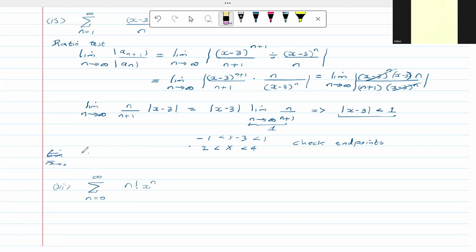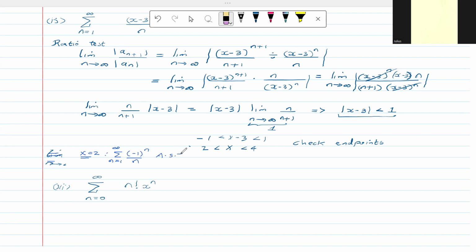So let's check at 2. Check the endpoint, so x equals 2. If we check this one, we have the original series, the sum with n starting from 1 to infinity. So 2 minus 3 is minus 1, to the power of n, divided by n. And if you check the test for this series, because it has a minus 1, we use the alternating